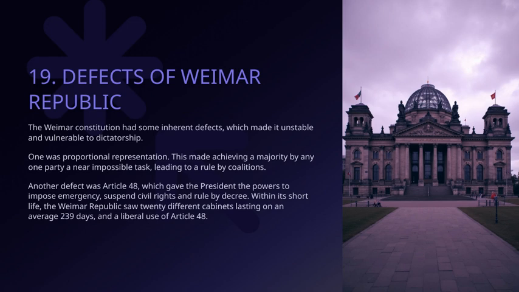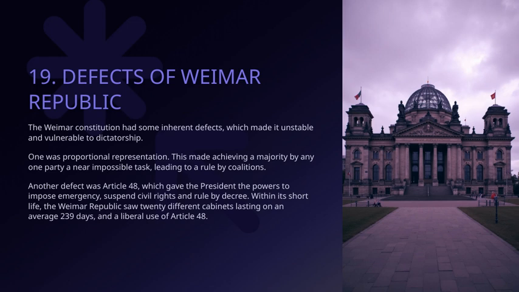Another critical point was Article 48. This provision granted the president significant powers, including the ability to impose emergency measures, suspend civil rights, and rule by decree. While intended as a safeguard, in practice, it was used quite liberally. During the Weimar Republic's short life, there were around 20 different cabinets, each lasting roughly 239 days on average. This frequent change, combined with the extensive use of Article 48, made the government less stable and more vulnerable to